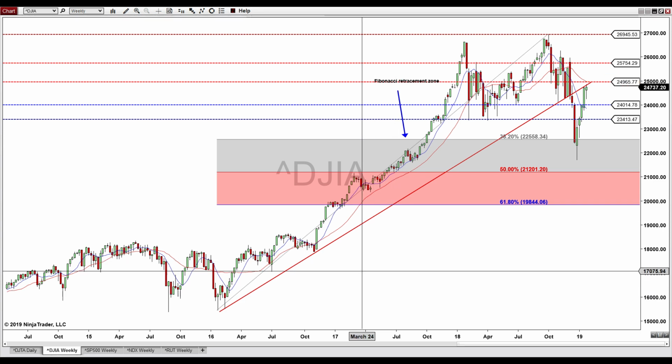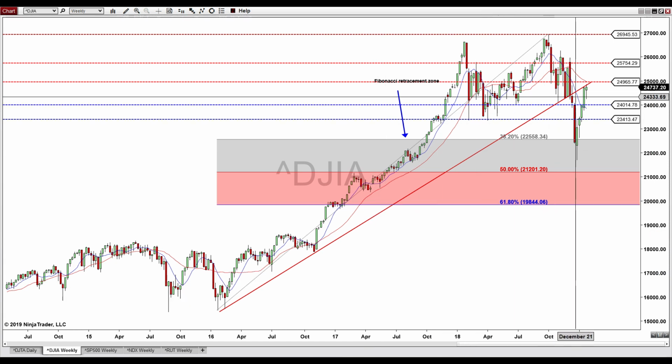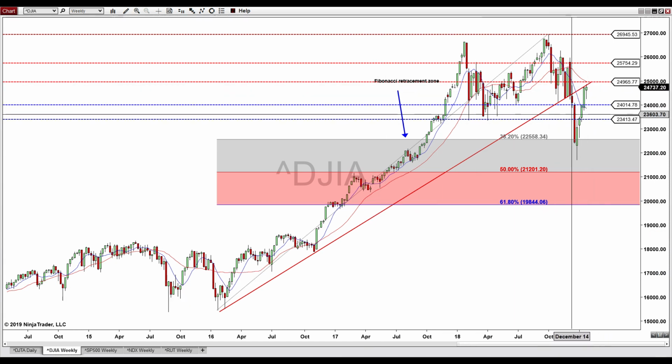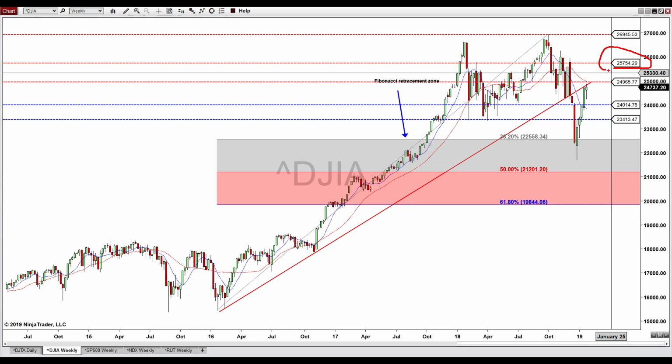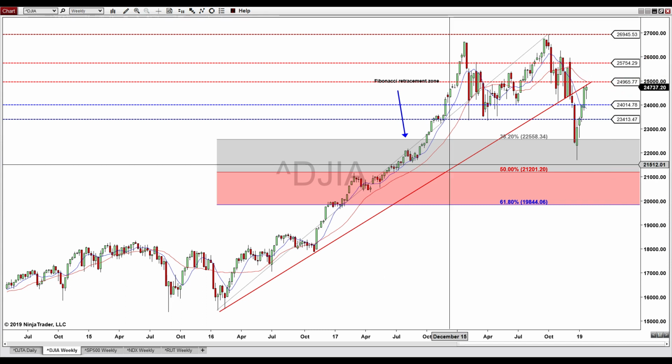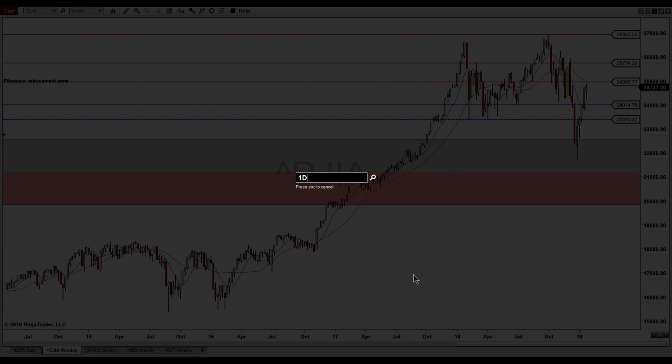24,965.77 level. That's basically the next potential resistance. Could it get above that? If it gets above that, then I'll be looking at 25,754.29, and then maybe a chop between 25,754 and 24,965. And if we take a look at the daily chart here,